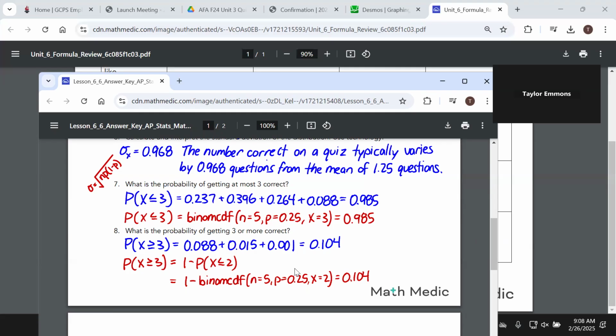Go ahead and take 5 minutes to get your life together. If you need to look over your calculator, if you